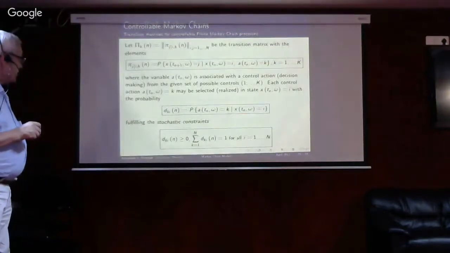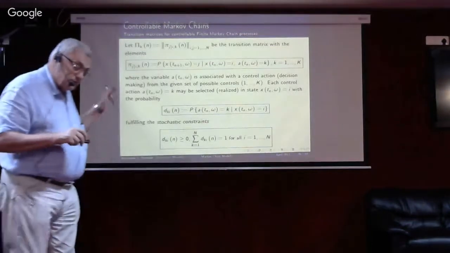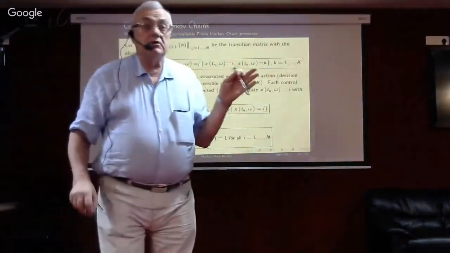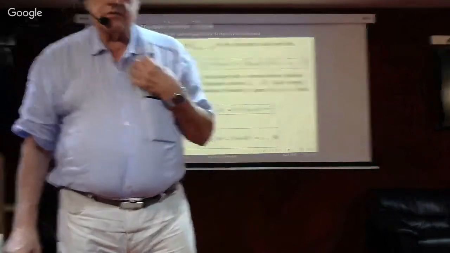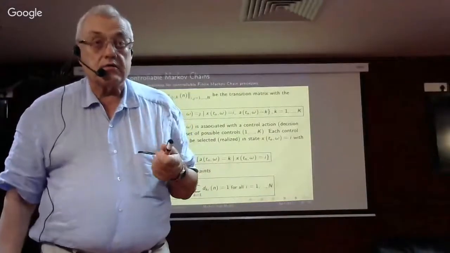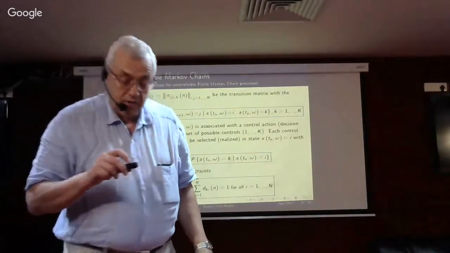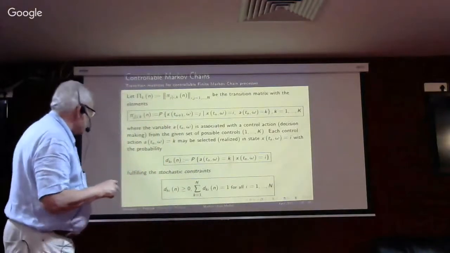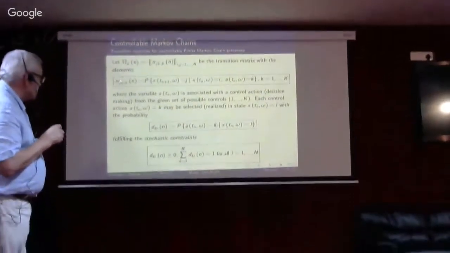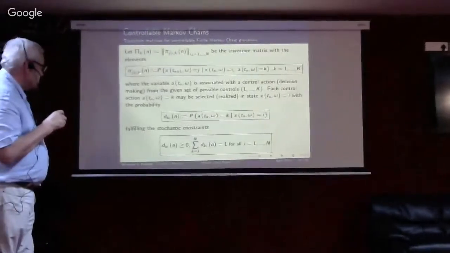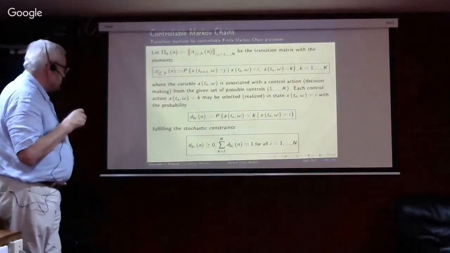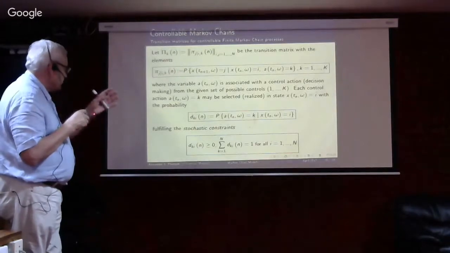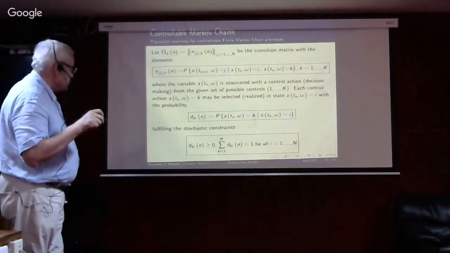So this is the standard non-controllable Markov chain. But what are controllable Markov chains? Because we speak about a controller. What is controllable? Our transition matrix will also depend on another index. So in fact, we consider several matrices. It's also a finite number: 1, 2, 3, 5, K, large.